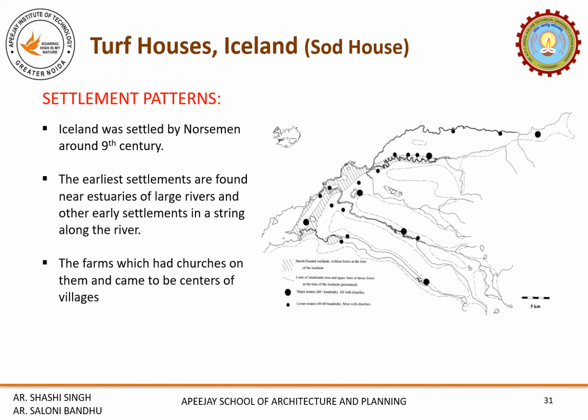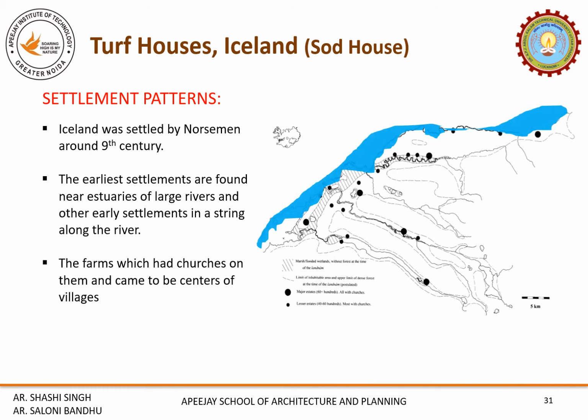When discussing the settlement pattern, as we already know, Iceland was settled by Norsemen around the 9th century. The earliest settlements are found near estuaries of large rivers, and other settlements were found in a string form along the rivers. The farms which had churches on them came to be the center of the village. In this plan,